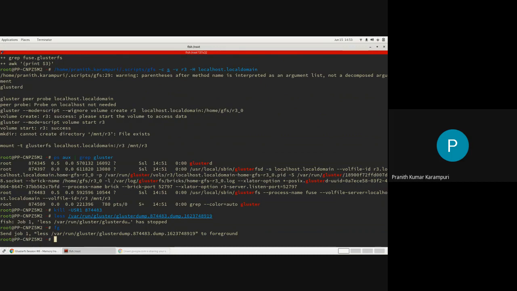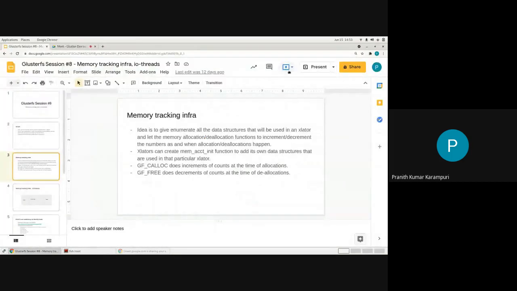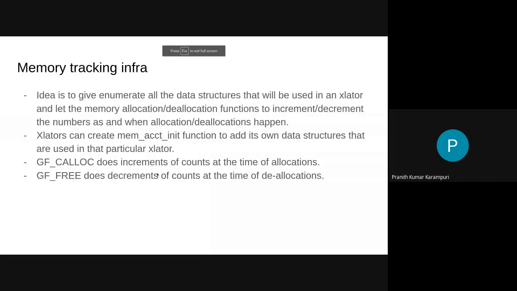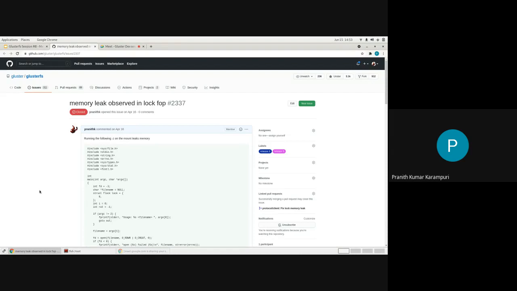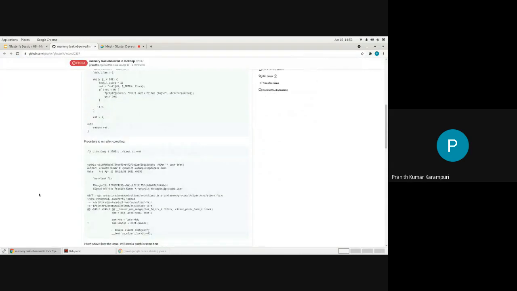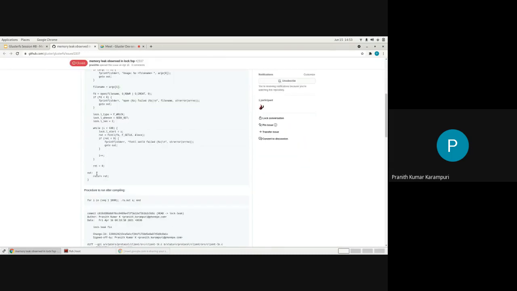Very recently, I was able to debug one such problem using the same thing. The person I spoke to on Slack, I asked that person to take a state dump and provide that information.